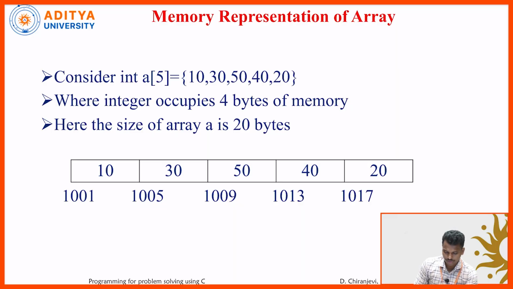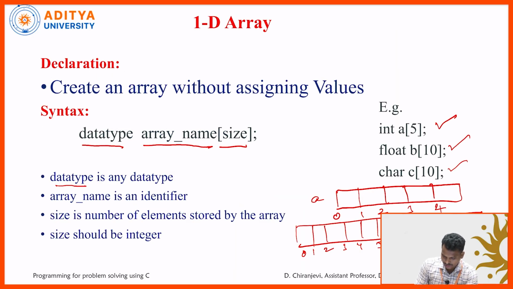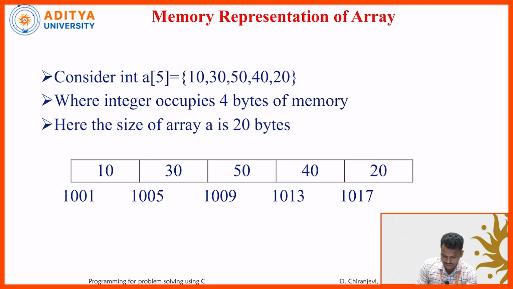Now the memory representation I have just shown you. When you declare an array of size 5, it simply allocates memory for 5 elements. Same thing we are discussing here. If you declare an array of size 5 and initialize values 10, 30, 50, 40, 20, then memory will be allocated for 5 elements. This is index 0, index 1, index 2, index 3, index 4, and the first element